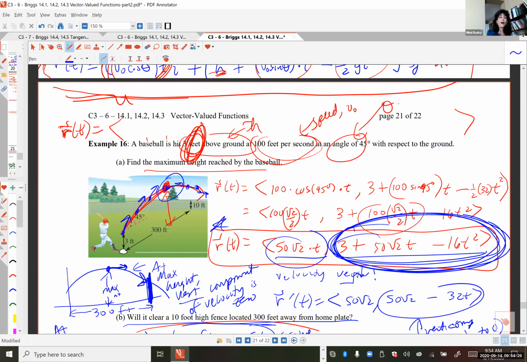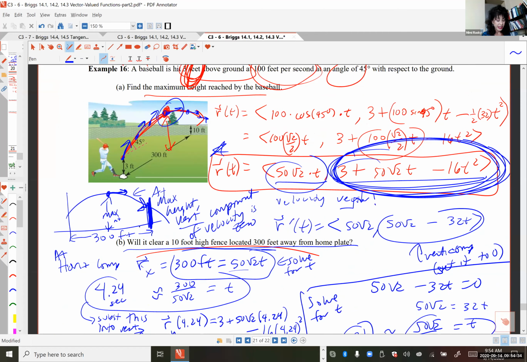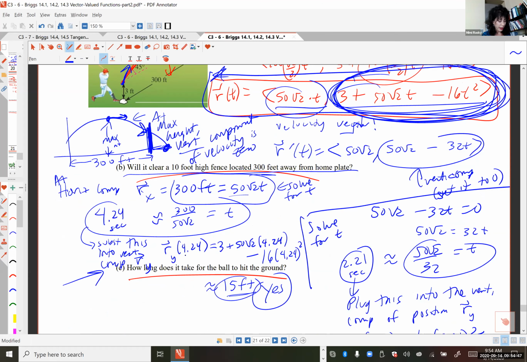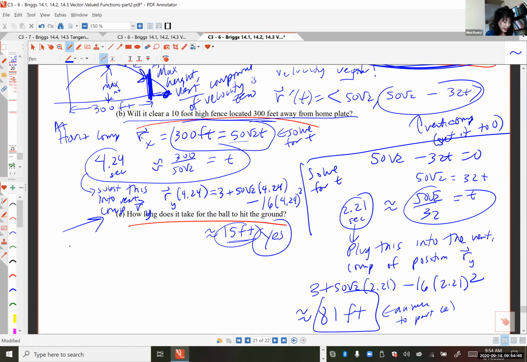No, because the ball is moving when it hits the ground. So you don't want to do that. So how do you figure out when the thing hits the ground? Well, if you look at your position function here, when the ball hits the ground, way over here, the vertical height at ground level is 0. So the way to start off part C is you're going to set the vertical component of position equal to 0 and then solve for t, and that'll give you how long it takes to get